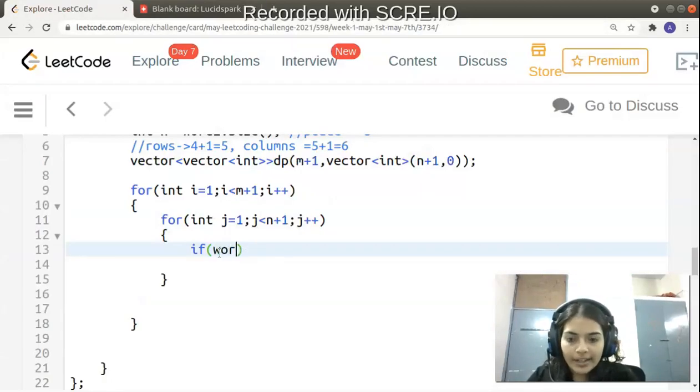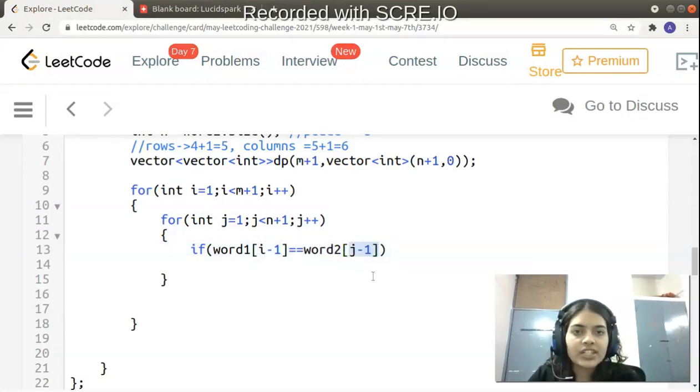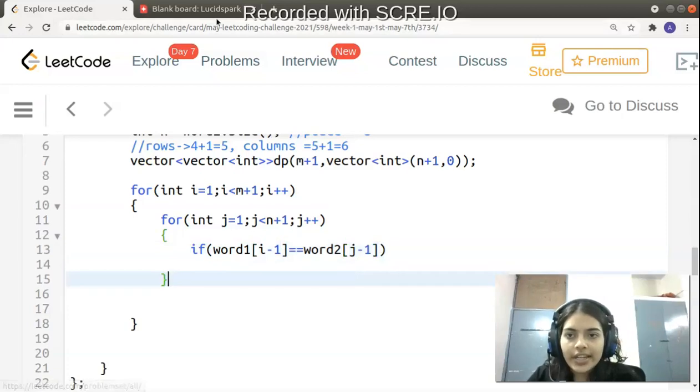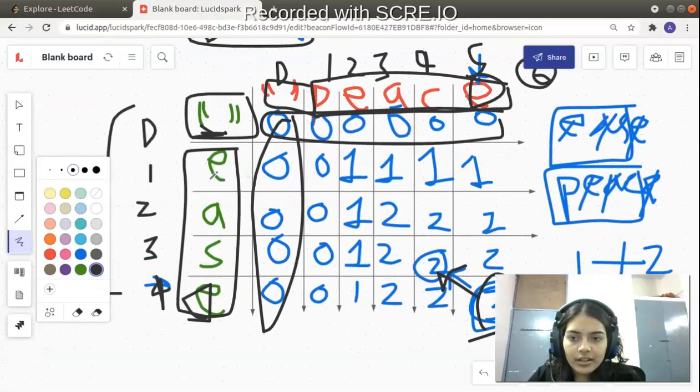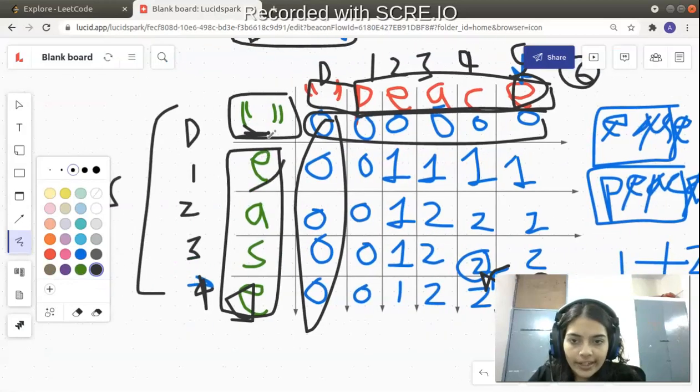So let me write that: if word1 of i minus 1 is equal to word2 of j minus 1. Why am I writing i minus 1 and j minus 1 instead of i and j? Because see, the first character is an empty string. Okay, so in the DP matrix, suppose here you are looking at the character e. In the DP matrix, i is equal to 1, but in the actual word, we are still at the 0th index, right?